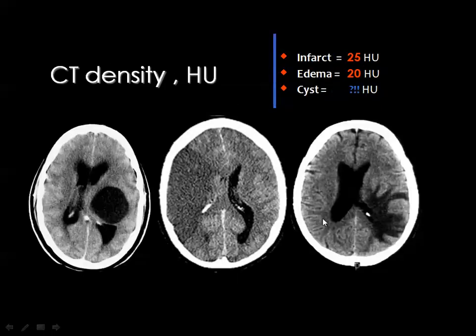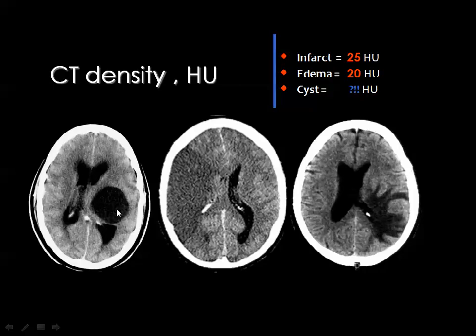Then the infarction or the ischemic brain tissue will measure about 20 to 25 Hounsfield units. Brain edema surrounding a tumor or inflammatory lesion measures about 20 Hounsfield units, and the cyst in the brain will appear hypodense like this one,